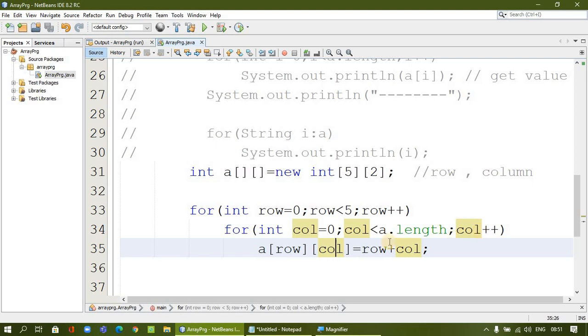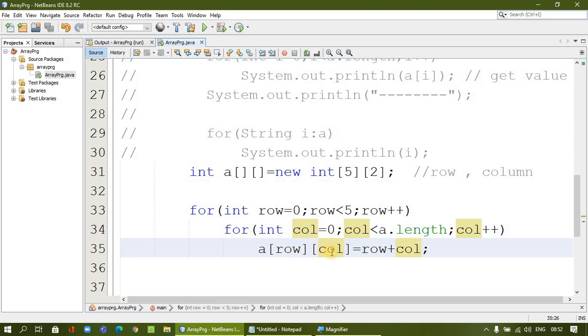Now column is incremented, column is 2, 2 less than 2, condition false, loop terminates. So now going to the first loop, what will happen? Row will be incremented. Row was previously 0, now row will be incremented to 1. 1 less than 5 is true, then coming to the next line, column is 0. So column 0, 0 less than 2, condition true.